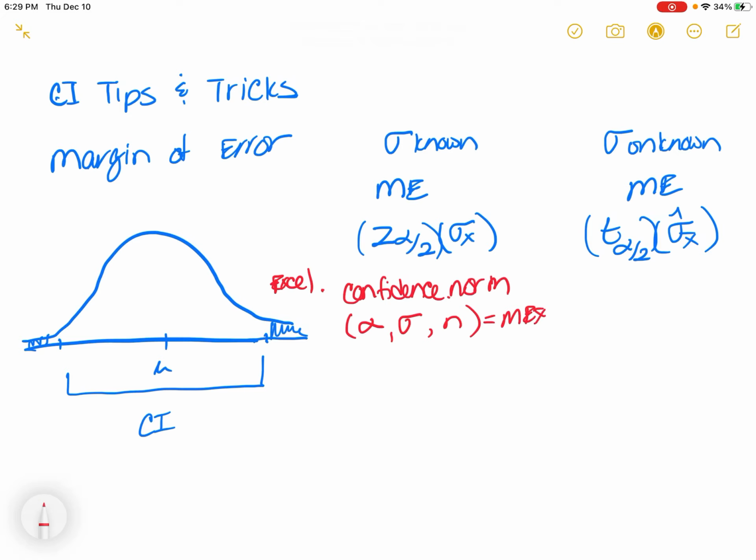right? And if you are calculating the same thing, alternatively, if you want to do this with sigma unknown, you will have confidence dot t. Sorry, this is hard with this Apple Pencil. And then that will be in parentheses S and then N, right? And that will give you your margin of error, right? And then if you want to calculate t-score,